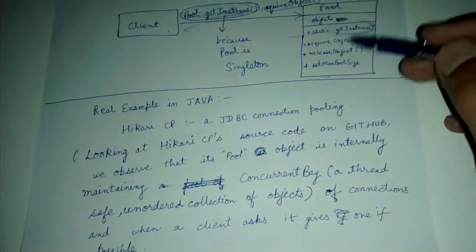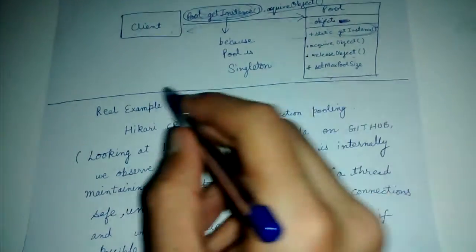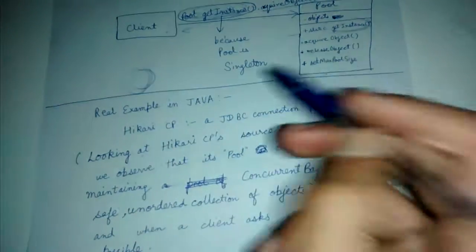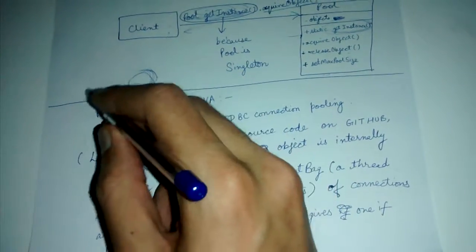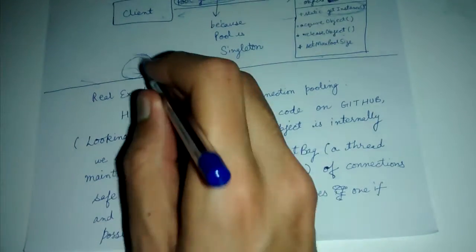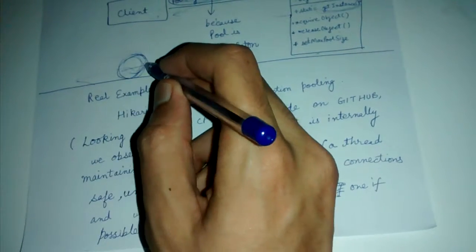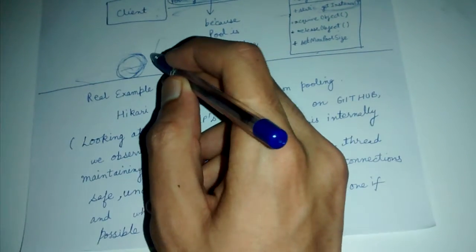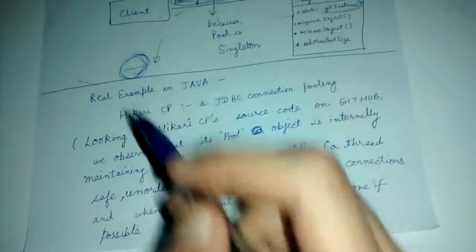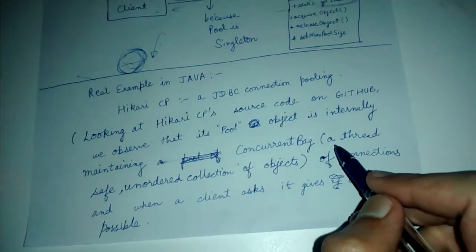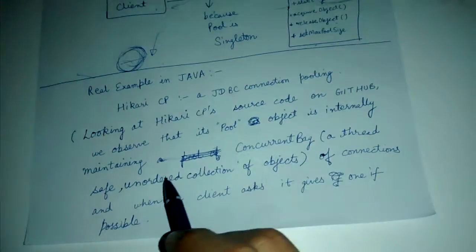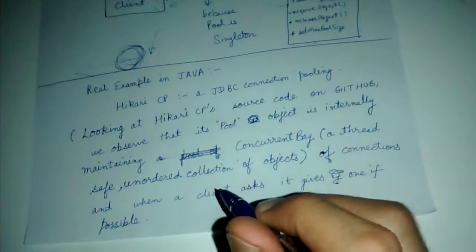We need not order these instances, it's just a group of some connections we are having. We need not have any particular ordering, we just give one to the client, because they are just lying around, they are not standing in a queue, they are not ordered like in a stack, they are just lying around. So basically, why thread safe? Because multiple threads can also be asking for